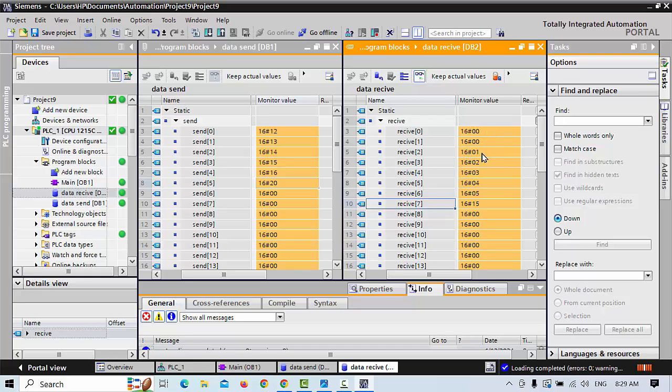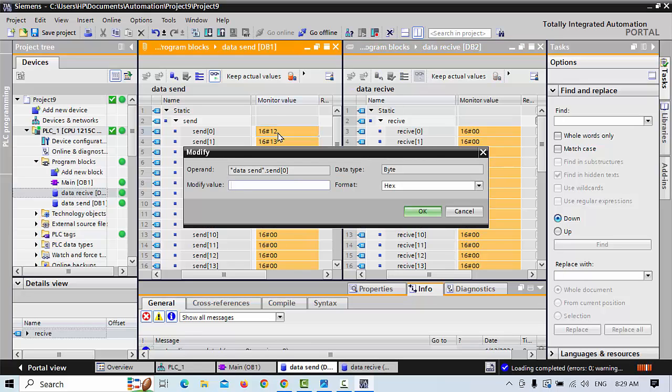Our data starts changing from 2 because we chose the data to start from 2. I will make my I0.0, and as I make the execution with I0.0, my data will immediately come to this point. And now it's continuous. If I change my data, for example 13,